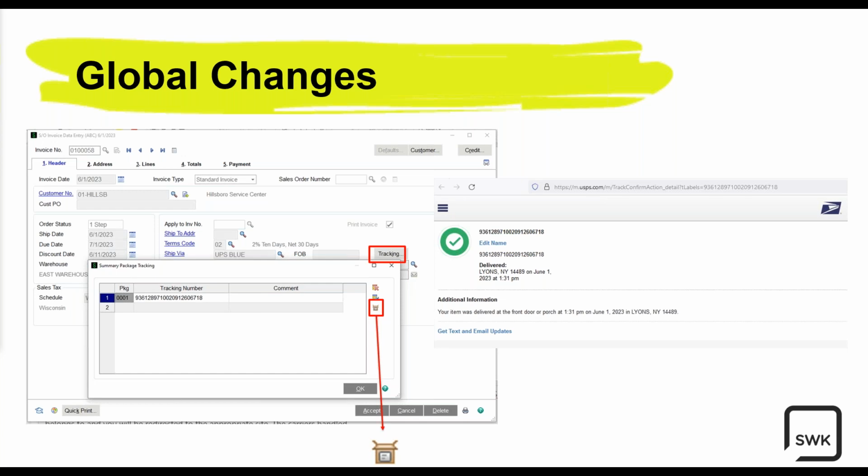For those of you who use the iShip tracking tool within Sage 100, you probably already know that that tool has not been working as iShip discontinued their service. This tool has been replaced. In data entry tasks, when you click the tracking button, the tracking ID will now be used to determine which carrier the package belongs to,